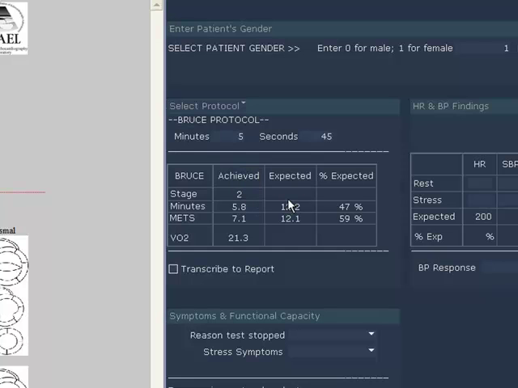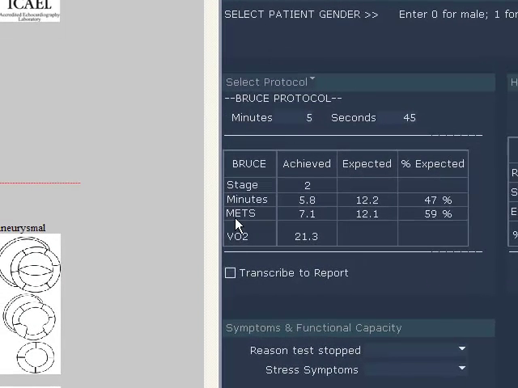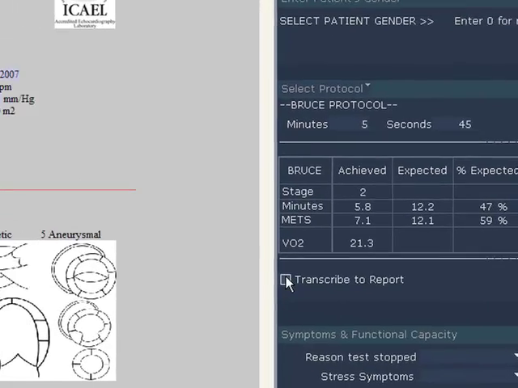Expected is 12.2 minutes, 47% of expected. 7.1 METs is what on a Bruce protocol with this timing you would achieve. Expected is 12.1 and 59%, as well as VO2 is calculated, all. If you're satisfied with these calculations, you just click transcribe to report,